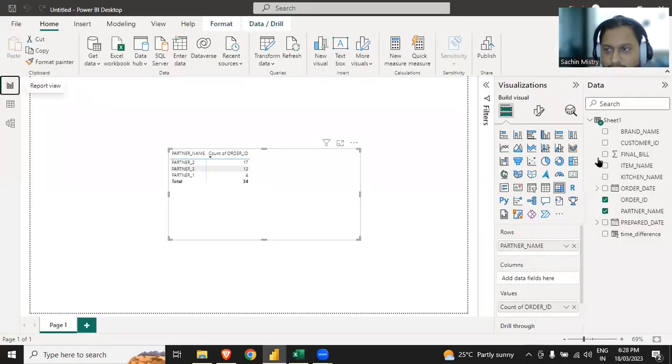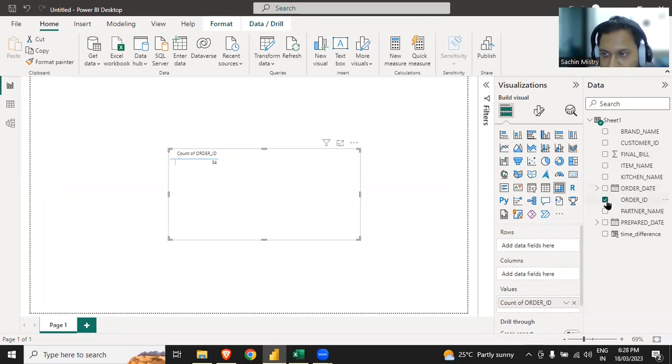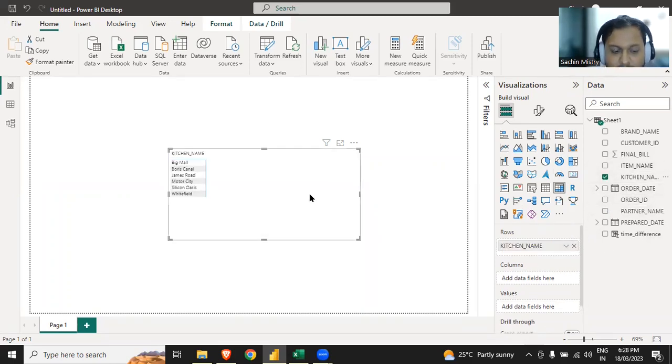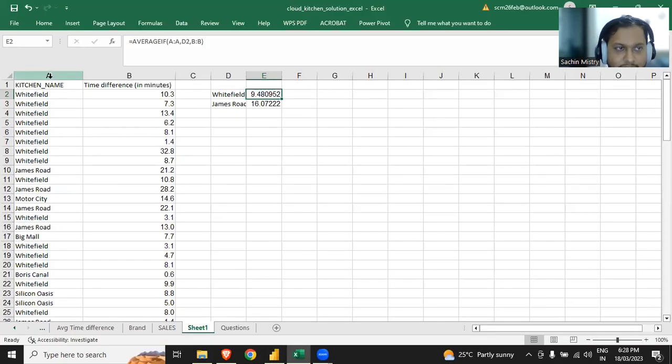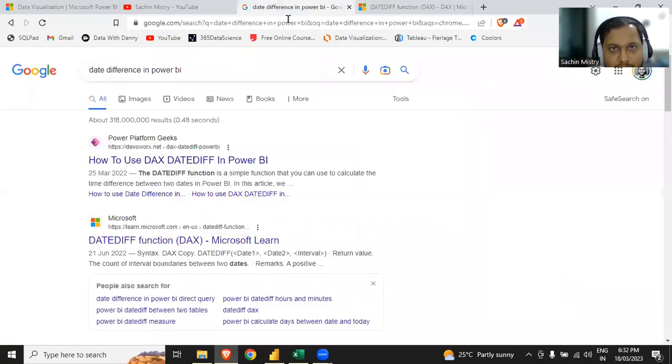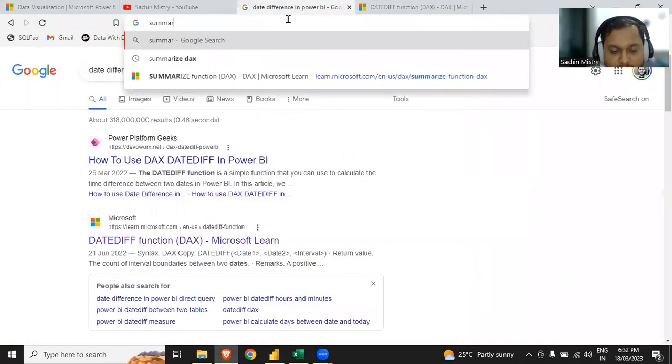So what we'll be doing is first we'll be removing the order ID and the partner name. We'll put the kitchen name. So the idea here is we need to take the kitchen name, we need to take the time difference and remove the duplicates. So now we need to summarize the kitchen name, the order ID, as well as the time difference in minutes. So what we'll be doing in this case is we'll be using a summarize function. So if I just write summarize,